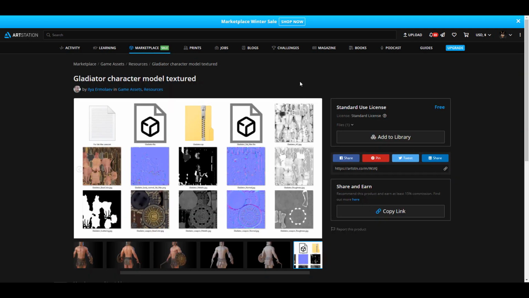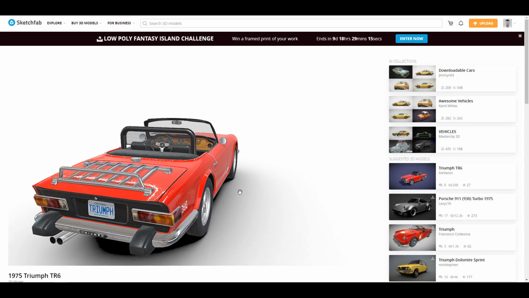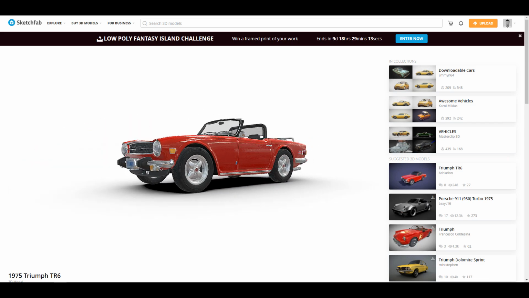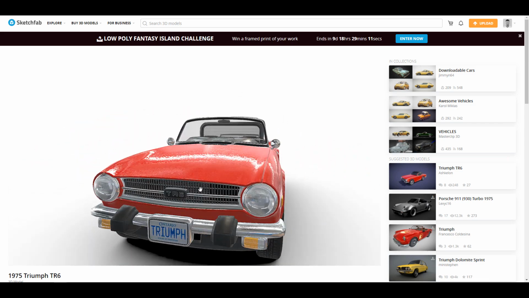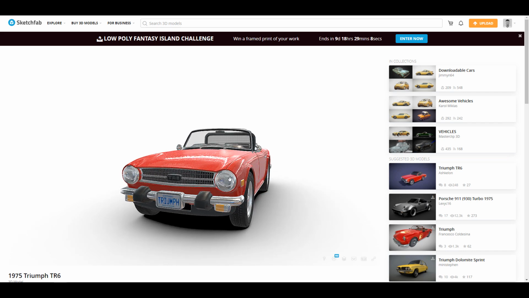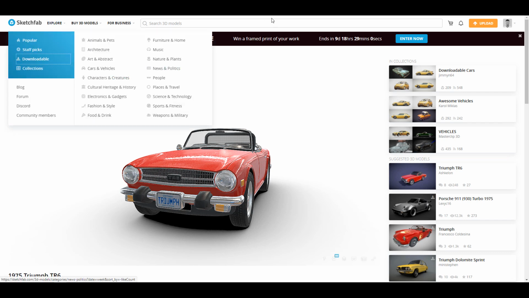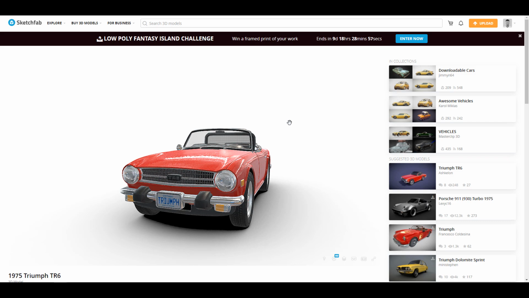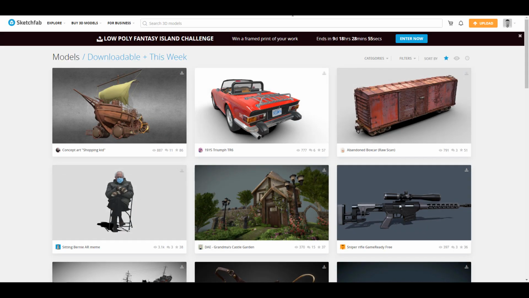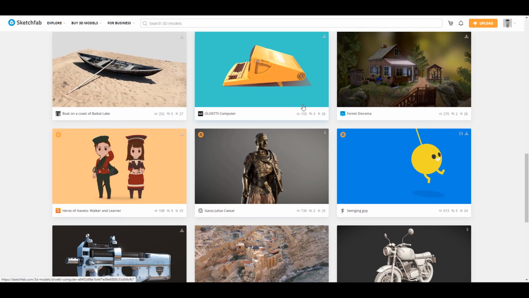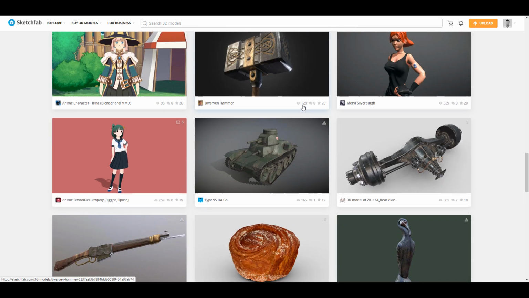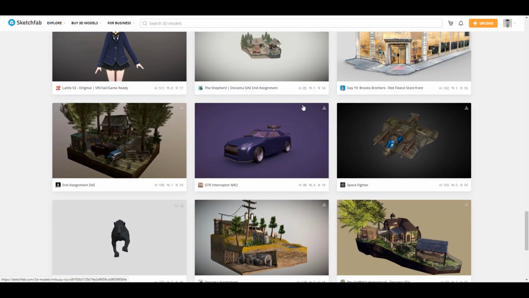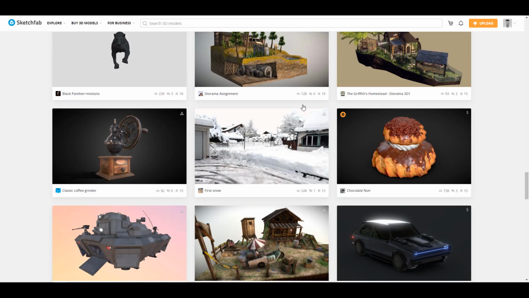But before we go, let's give a very big shout out to the folks at Sketchfab. So Sketchfab is a beautiful place on the internet where you can buy, sell, preview, and also download your 3D model. So you're an artist and you're looking for ways that you can get 3D models for free, simply go over to Sketchfab, go over to Explore, and go to Downloadables, and right there you will be able to download tons of free content. So popping over to Downloadables, you can see tons of lovely contents. Every week you get to see a mad rush of contents coming right in here, and you can download these things and play with them totally for free.